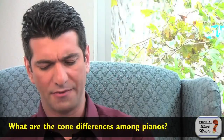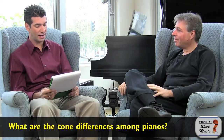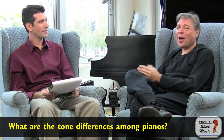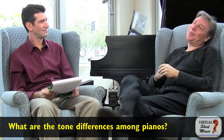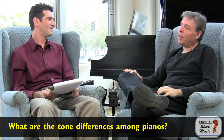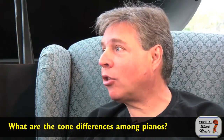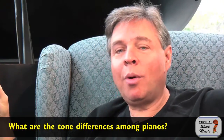How would you describe the tone differences among Steinway, Yamaha, Bechstein, and so on? This is a really good question that I've given a lot of thought to. And describing sound in words is kind of, give me creative license here. I actually have in development something I'm calling the tone line, which shows all the piano brands and their relative tone. On one end of the spectrum you have clarity, and on the other end you have